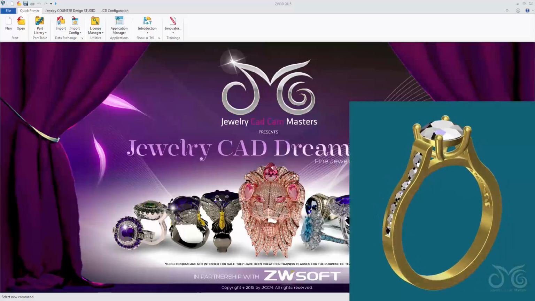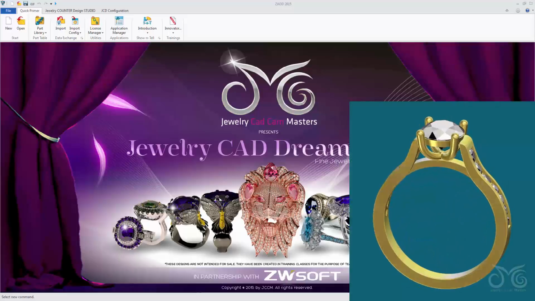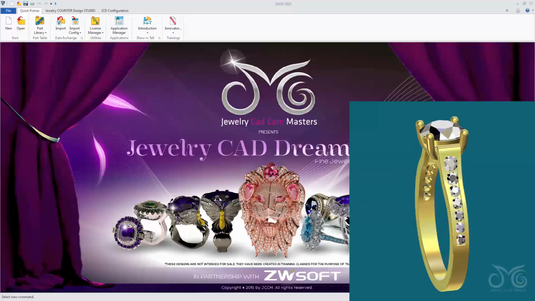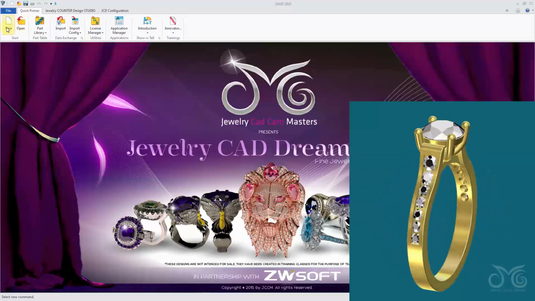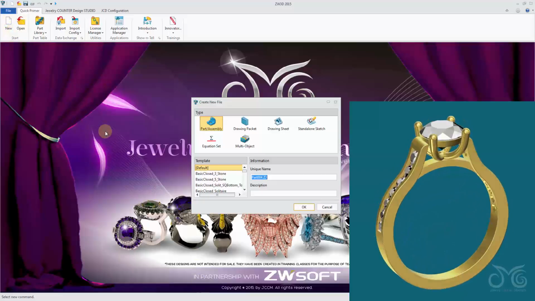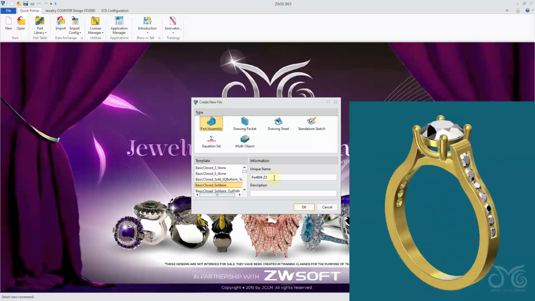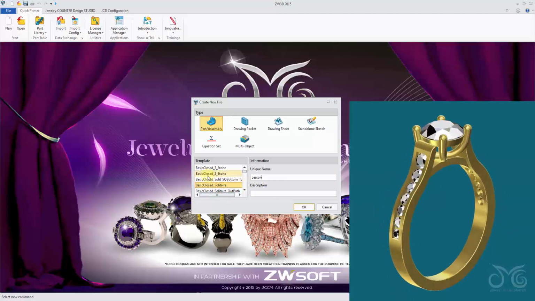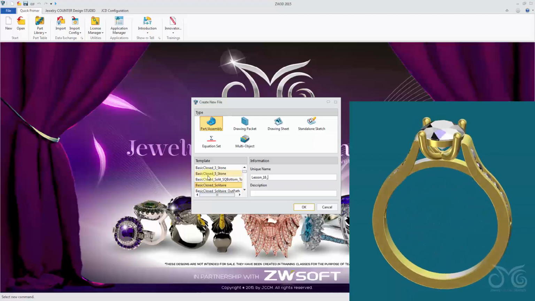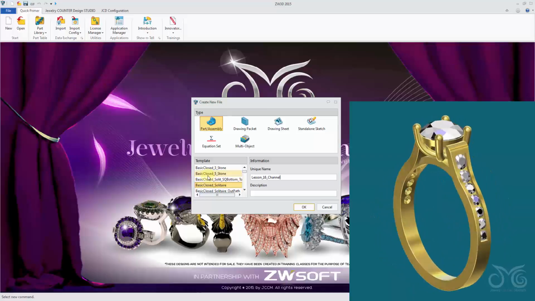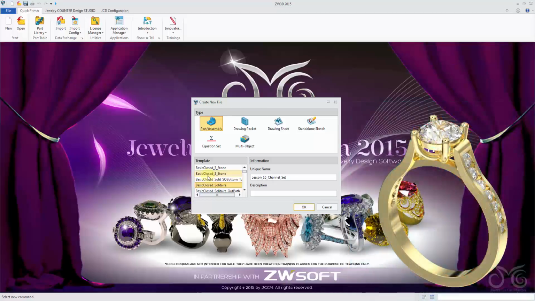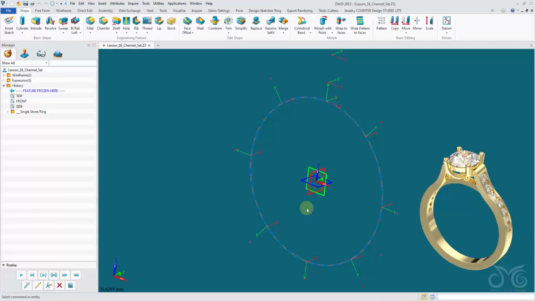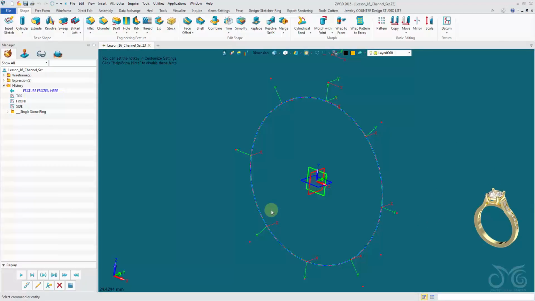In this part of the lesson, we will create a ring where we can take a look at channel settings from stones. So I'm going to create a new file. I'll use the basic closed solitaire. Let's name our part. Create the file and the part. So here we have our template